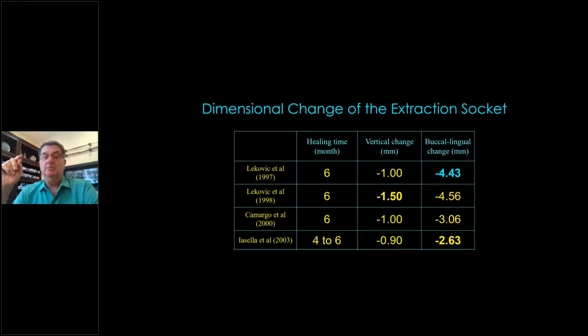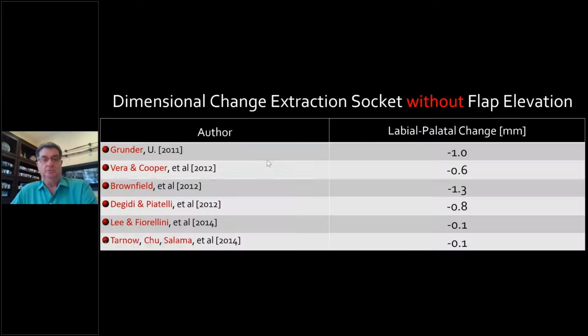So here it is. How many people know how much bone loss, buccolingually dimensional change, can we expect? This is dimension of the ridge. What happens if you don't open a flap? So this was all with opening a flap. And it wasn't until relatively recently, Uli Grunder, who you mentioned, in 2011 was the first person I know that actually measured the buccolingual dimension after an extraction and placing an implant on the palate, away with the gap, away from the buccal plate, and just watching it for 6 months. Only 1 millimeter. That's completely different than 4 millimeters, 3 millimeters. This is now something you might be able to accept. The key was not opening a flap.